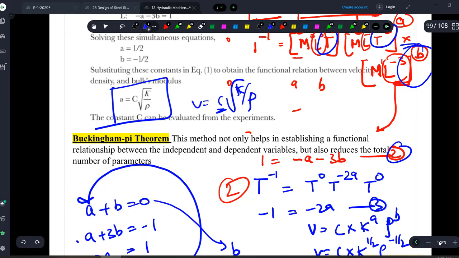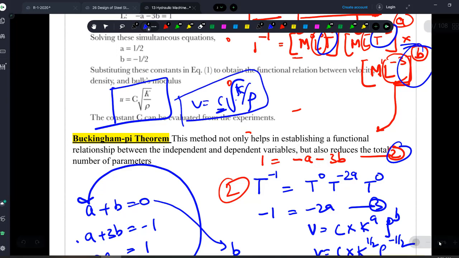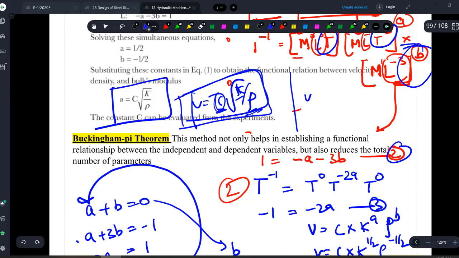Here a c has come, right? Constant. I don't know the value of the constant. As you know the exact equation now, you will run experiments. You will put in velocity and k by rho for different values, plot them, and from that you will get your constant c. Okay, but 99.99% of your work is done, right? Once you get the standard equation, what is the time it takes to find the exact value of c? You will run 4-5 experiments, plot k, rho, v and how it is changing, and then you will get c easily, because you know the exact relationship that your velocity is directly proportional to root k by rho, right? So you can identify c quite easily by doing experiments. I hope it is very clear for you.